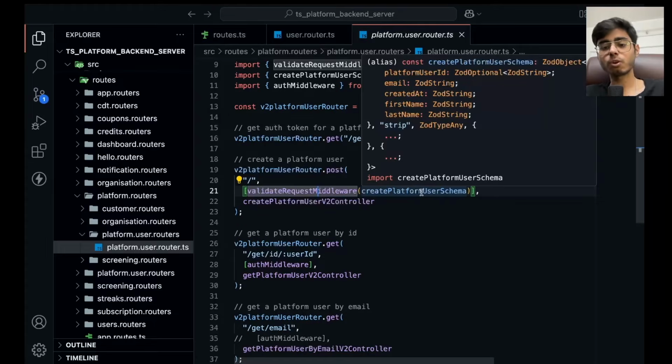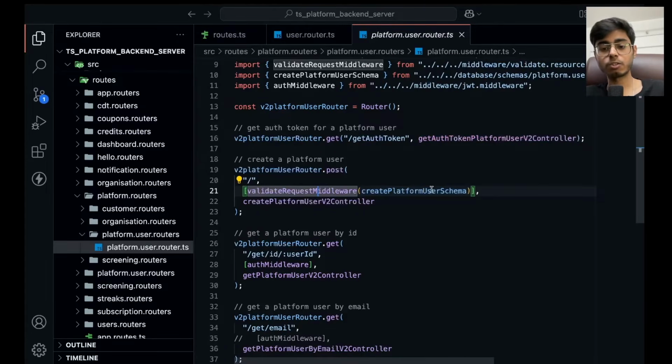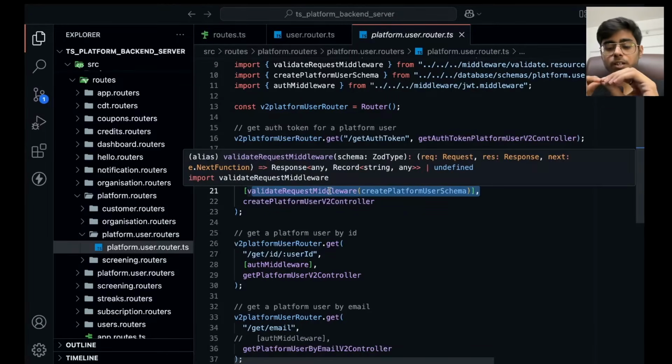I have to be sure that whatever information is passed by the user is correct and validated. All the fields that my database needs to fill in that database table need to be there in the JSON that the user is sending. So for that, I have a middleware. Middleware is just an entity that sits between your client and server, and it validates something and then allows the request to be made.